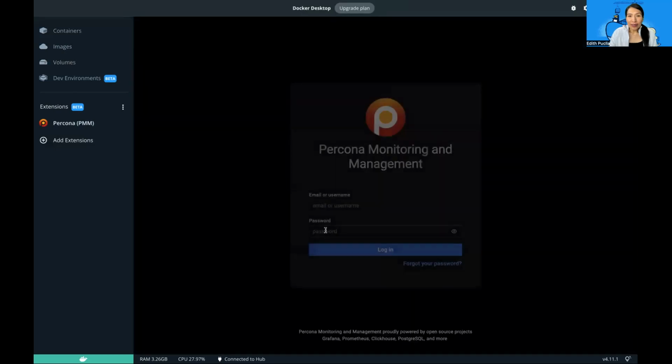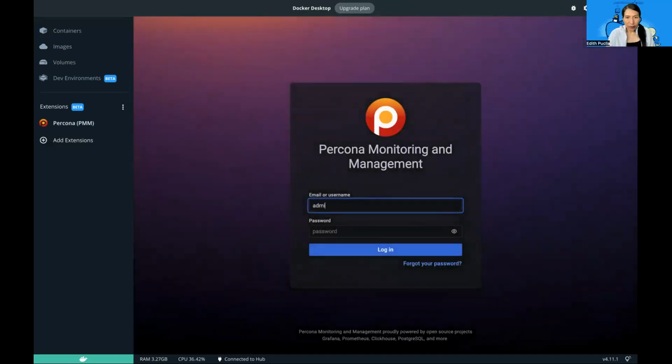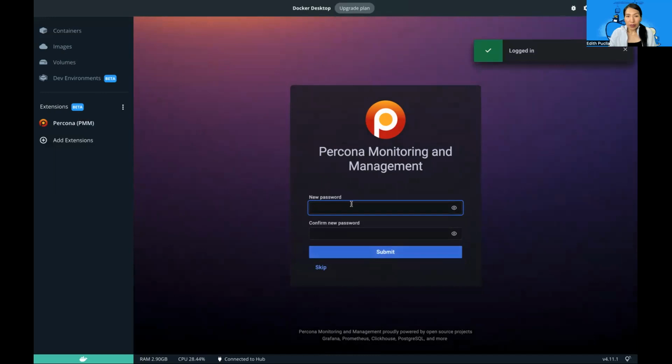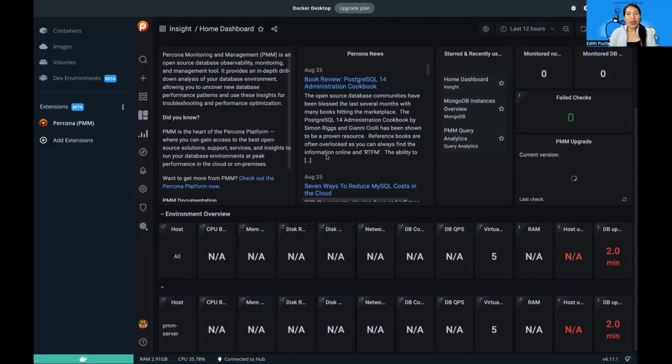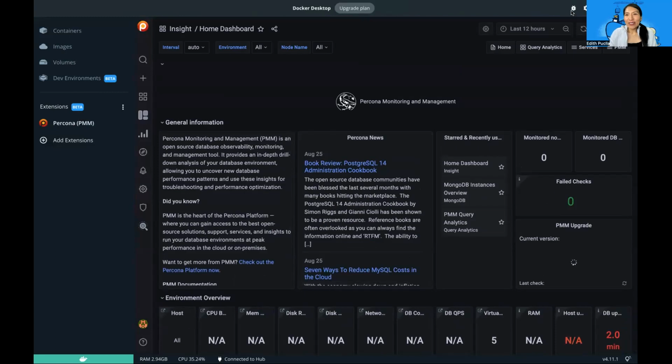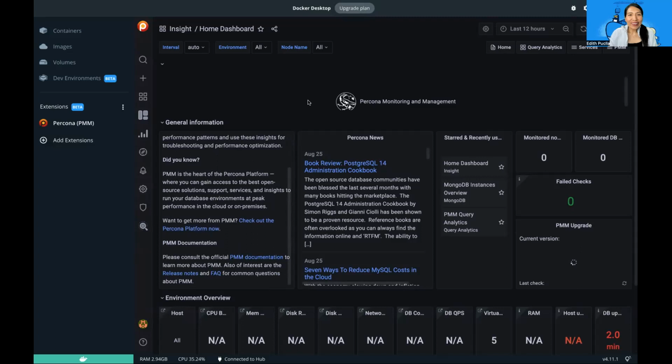And let's log in to our dashboard. With admin, which is by default the user and password, we are going to log in here, and we are going to change the password because it's the first time we are logging in. So I am changing it to admin 2020. Here you have. This is our PMM dashboard, which is going to be ready to register nodes and databases that